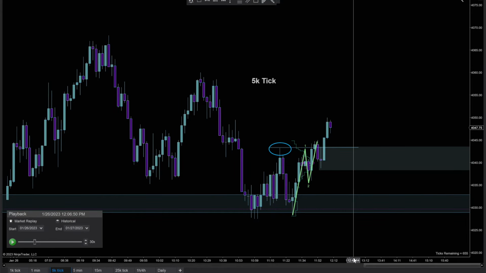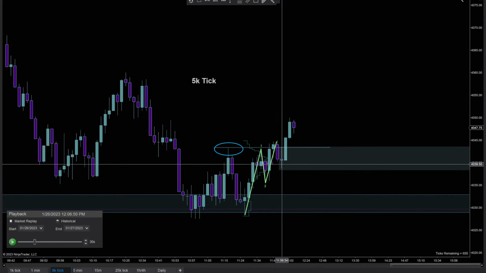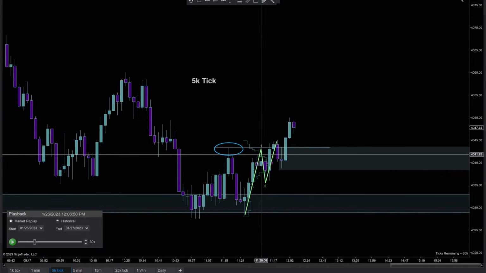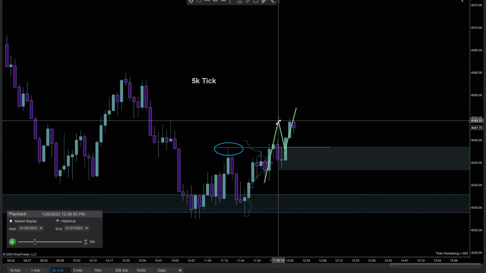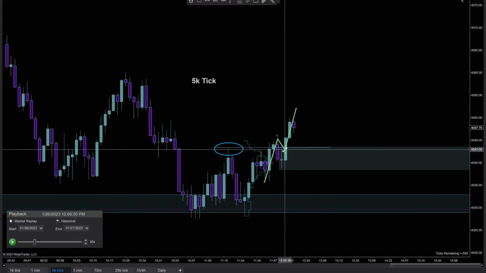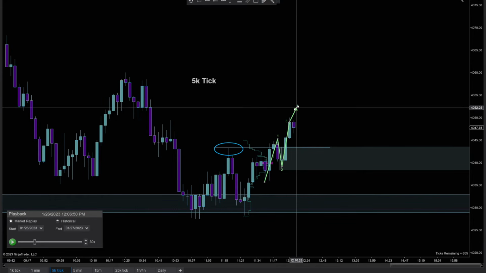Notice the POC, you can barely see it on this because it's really zoomed in, but that's this pink mark right here. Look how that gave us that nice precise kind of looking for price to touch that point. And then same deal, to adjust this a little bit: low, high, low, high. Okay, this is our new